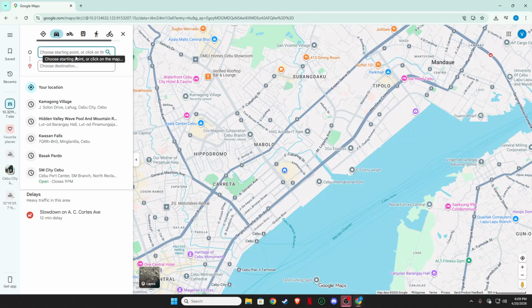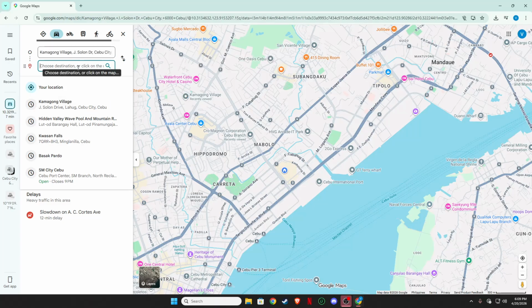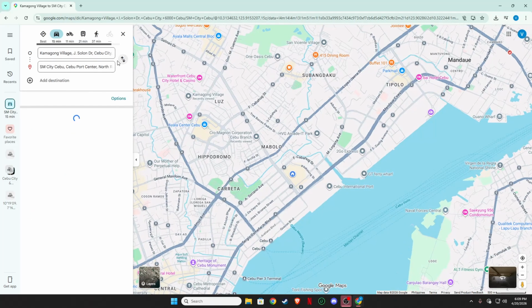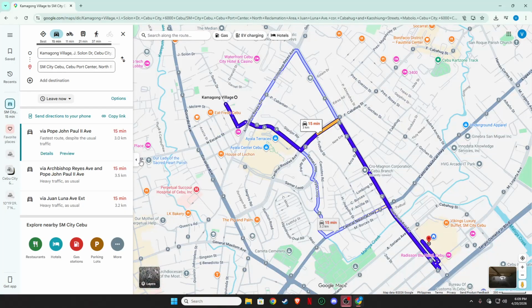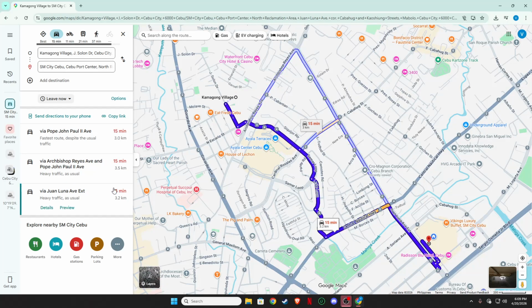Enter your starting point and your destination. You can type a full street address, a city name, or the name of a place like a store or landmark. As you type, Google Maps suggests matches. Choose the correct one to avoid mistakes. If your start is your current location, you can type that or the exact address where you'll begin. After you select both, you'll see a route appear on the map along with an estimated travel time.